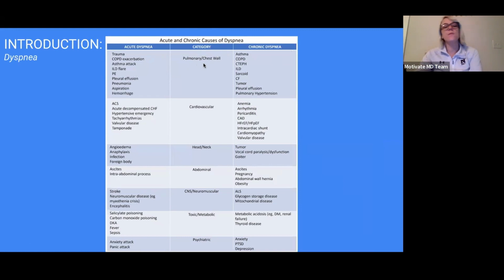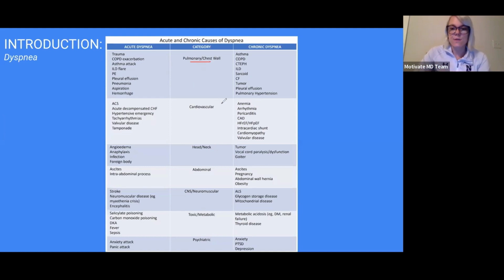But often when it comes to shortness of breath, we really delineate the shortness of breath based on different organ systems. So that's what we're doing here. And I like this figure because it delineates based on pulmonary and chest wall. And that's probably the things that you guys think of right away. You may think of asthma or COPD right off the bat, or pneumonia, or things that are really actually going on with the chest.